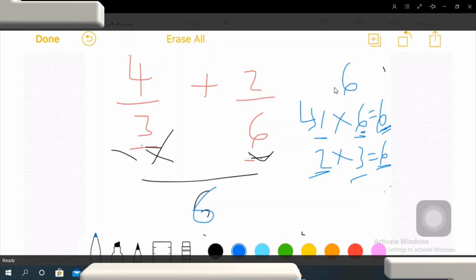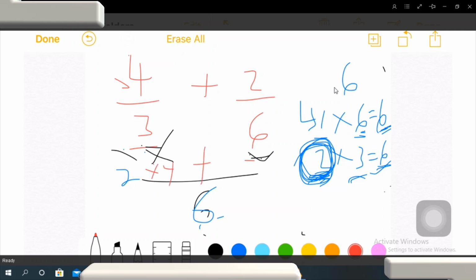So we said 3 will go into 6 how many times? So 3 times what will give you 6? That is 2. That is the other factor of 6. So which other factor of 6 will give us 6 when we multiply by 3? So that is 2. So 3 will go into 6 how many times? 2 times. So we'll take the 2 and multiply it by the 4 that is already there. So times 4